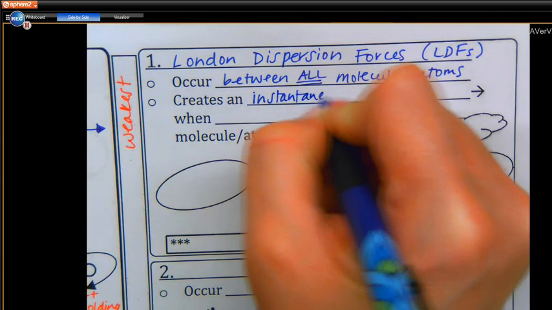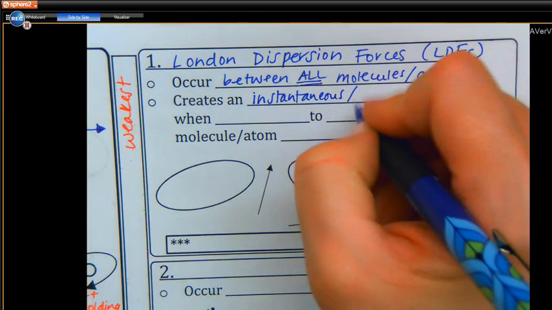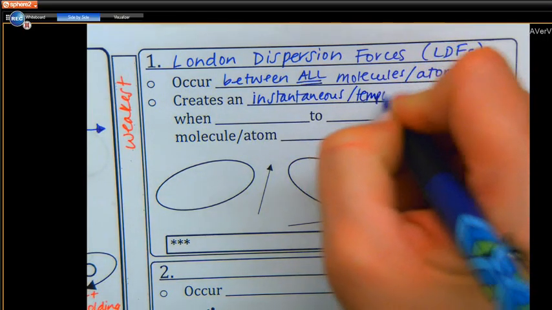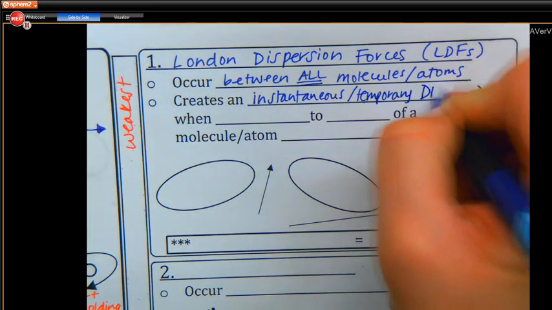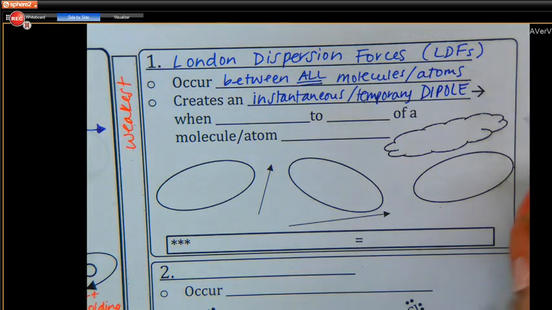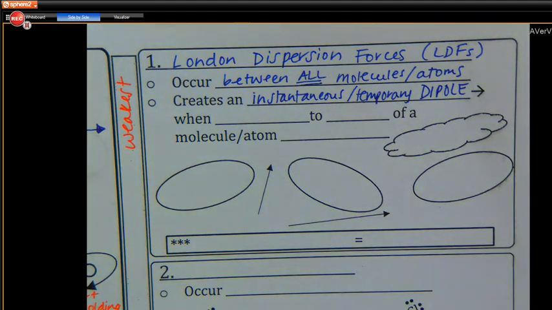So for a moment, our atom, instead of being a sphere, becomes more of an oval, and I've got my protons or my positive charges on the left and my negative charges on the right. This creates a temporary dipole,